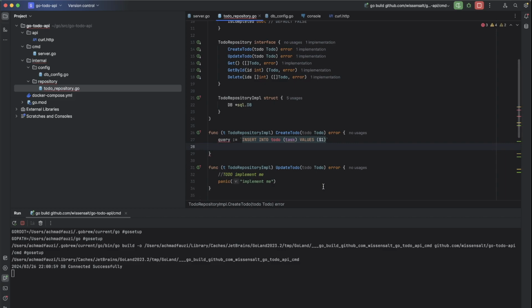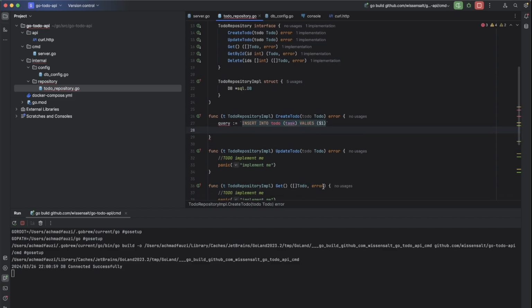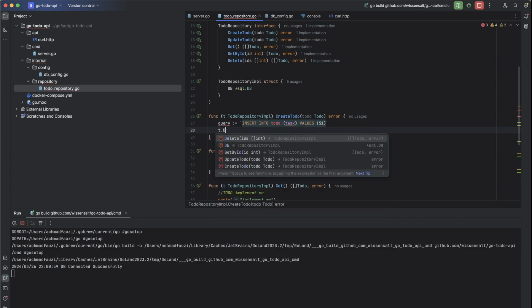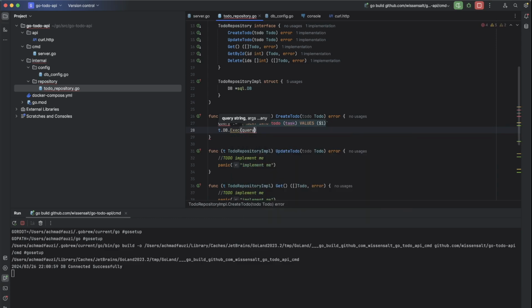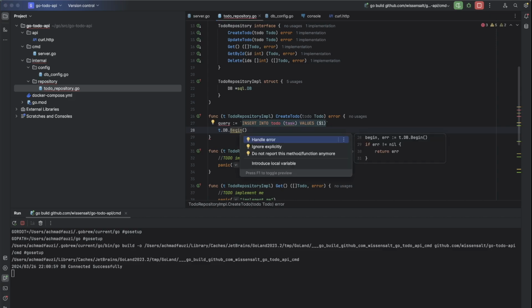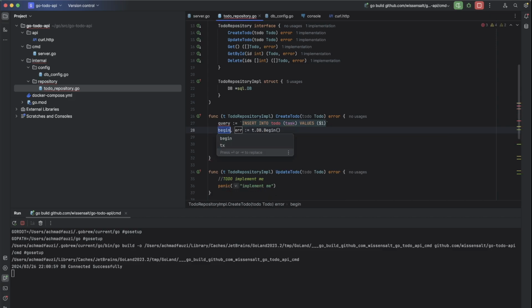Now we can prepare our transaction, t.db.exec from the query. No, not exec. First, we will start the transaction, begin, and handle its errors, if any.